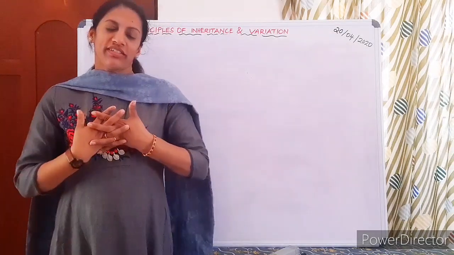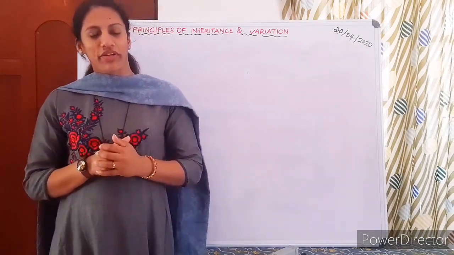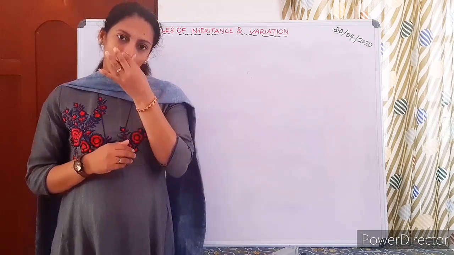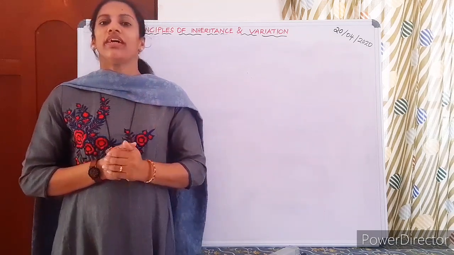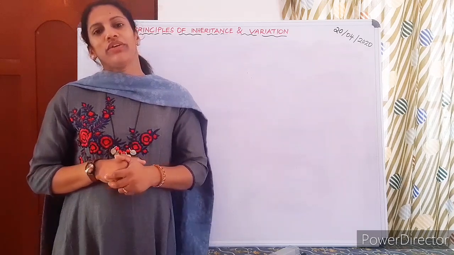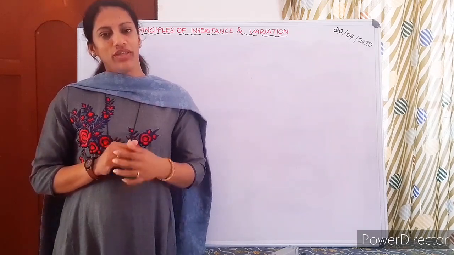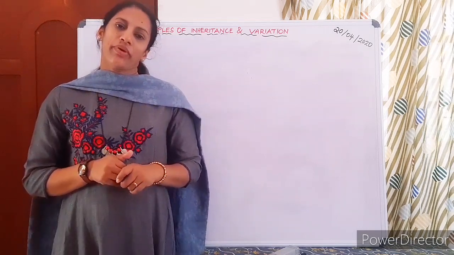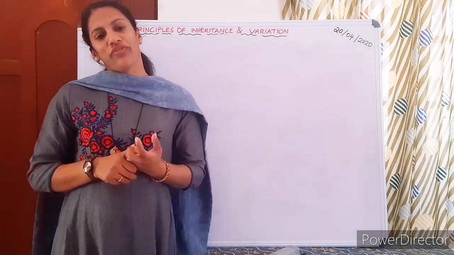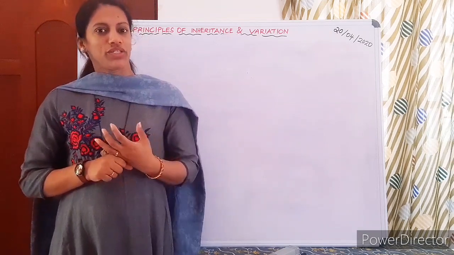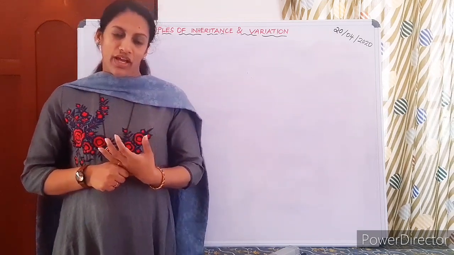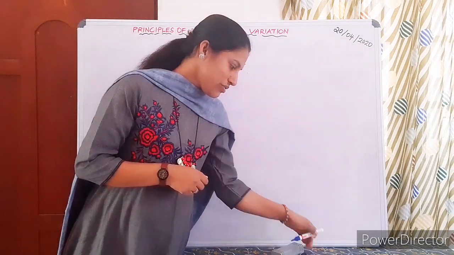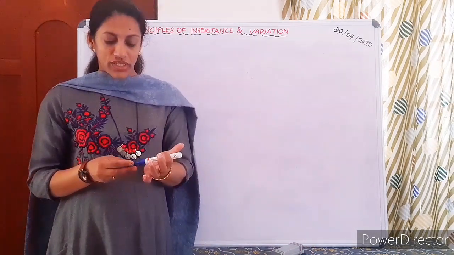So we have already discussed Mendelian monohybrid cross and dihybrid cross. In the monohybrid cross you have seen the F2 phenotypic ratio 3:1 and genotypic ratio 1:2:1. And in the dihybrid cross you have seen the F2 phenotypic ratio 9:3:3:1. And Mendel has a lot of explanation for this after his crosses.